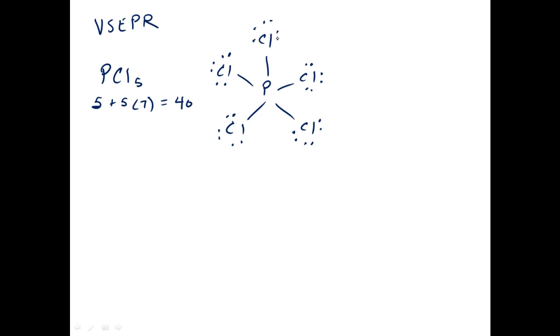So 8 times 5, there's 5 chlorines, is 40. So this is the correct Lewis structure for phosphorus pentachloride. It does not follow the octet rule. It follows the expanded octet, because if you've got 5 things bonded,